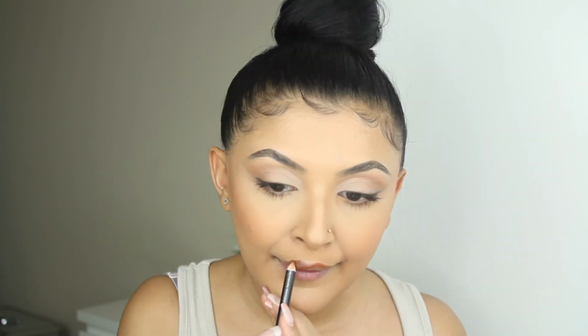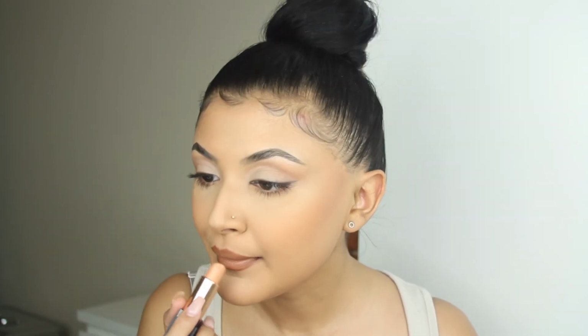And now we're going to go into lips. Pat them a bit. Okay, so I'm going to go in with my favourite lip liner, which is Bite Me by Morphe. And then we're going to go in with the Morphe First Base Lipstick. This is my favourite lip combo for that ombre effect. And then I'll go back in with the lip liner and just...